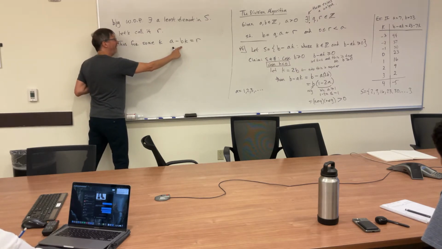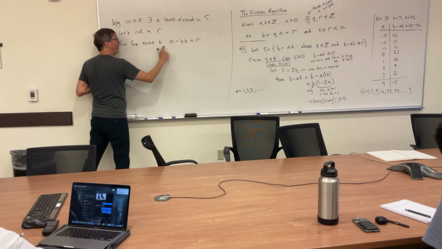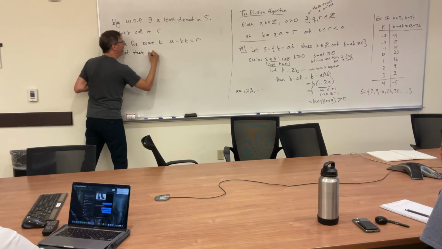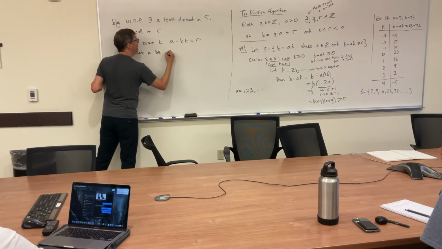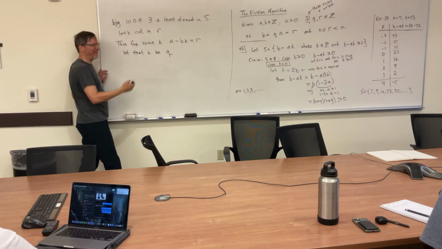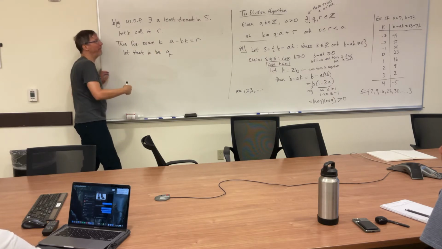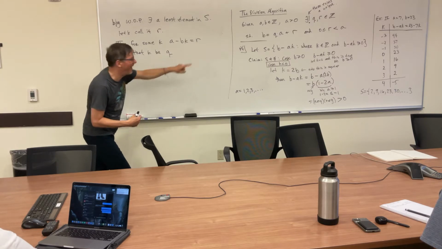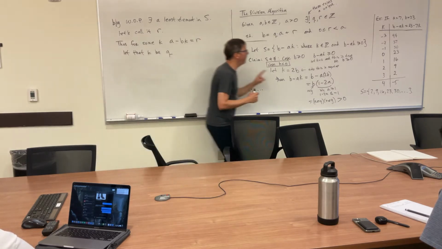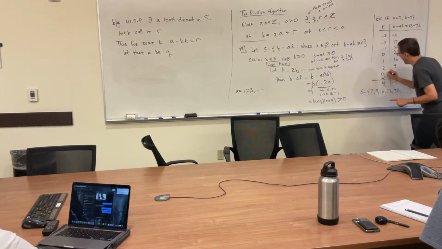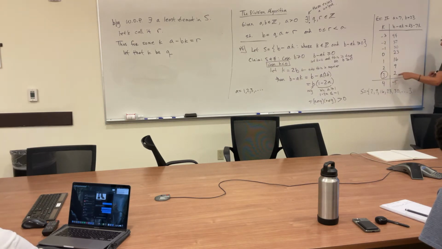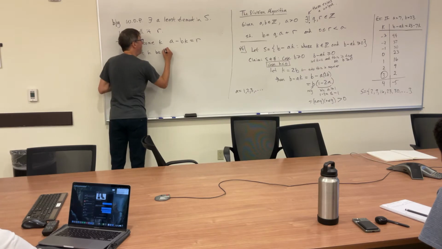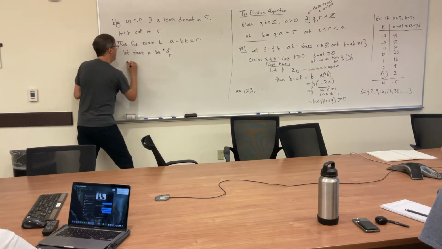So, let's actually, for some K, let that K be Q. It's just some value. I'm just relabeling it, but look at the result, right? We got to get that Q in there. So whatever this least element is for K, that's actually the divisor, and then the R will be the remainder. So let that K be Q, and we have